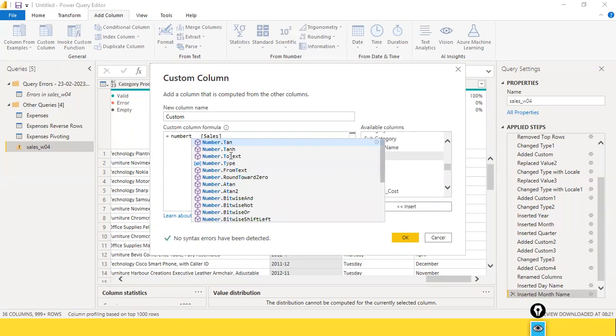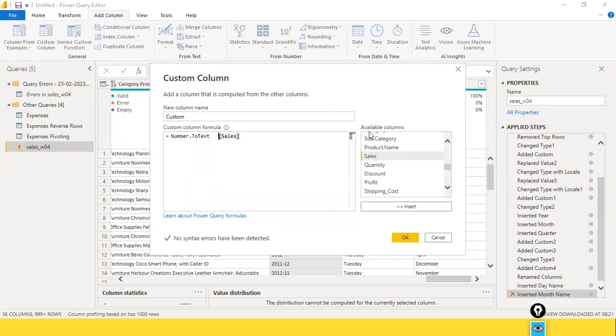Okay, number to text. You convert this as a number to text data type. Look here, I just gave you the clue here. Here I just say sales text, something like that. I just click on OK,